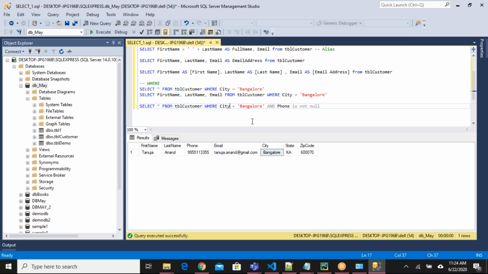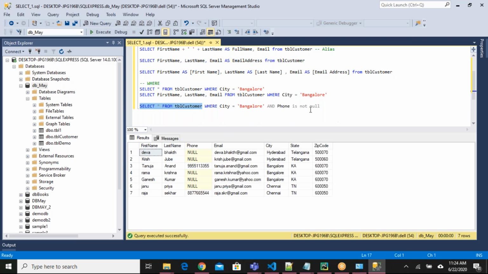Okay, so that is how you can write for not null. And if you want to get only null data, you can remove the not here. City equals to Bangalore and phone is null. If you say is null, it will work for you.